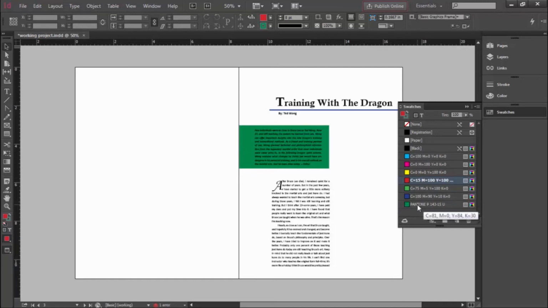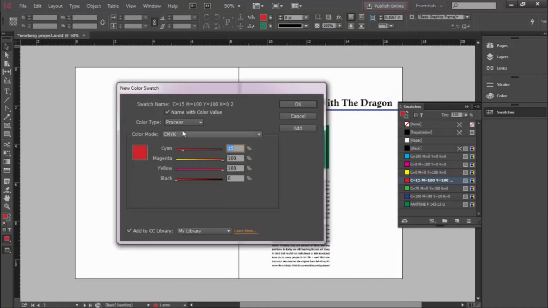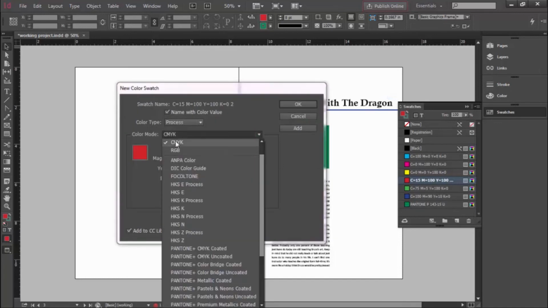So we've created a new color here, and it'll stay in this project. It won't be permanent. If you started a new project, you'd probably have to add it again, but it will be forever part of this project in the swatches. So let's add one more. Let's go new color swatch. Let's choose